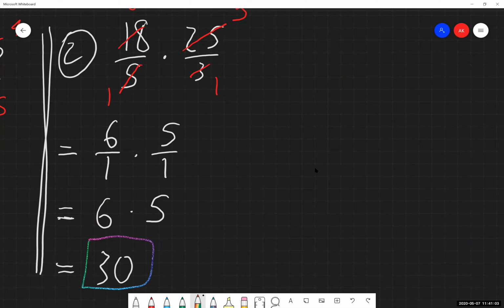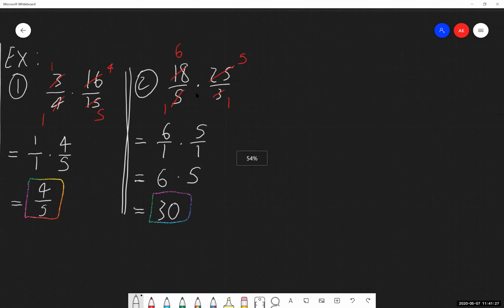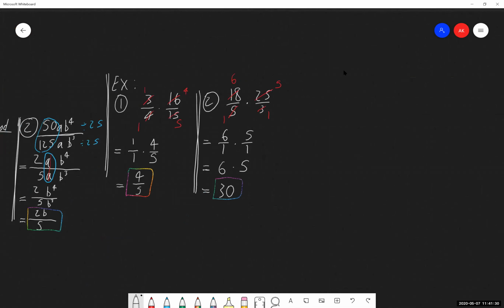And again, we have all of these different methods to go through and reduce fractions down when we are multiplying them together. I do not care which one you guys would like to use on the homework or on the test. I just need to see that work is shown and detailed out using whatever method you choose for that partial credit. Okay. So this is everything that we have for multiplying fractions together.